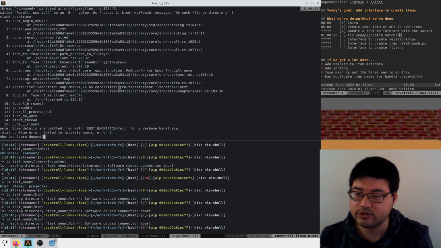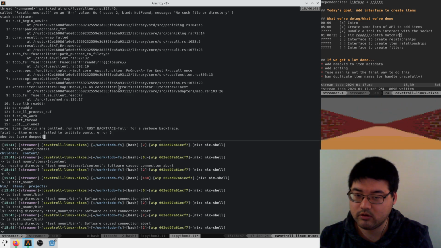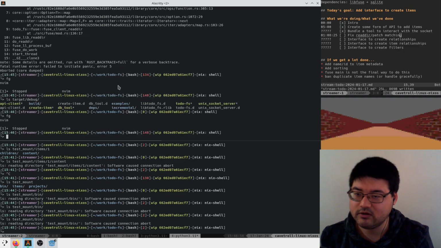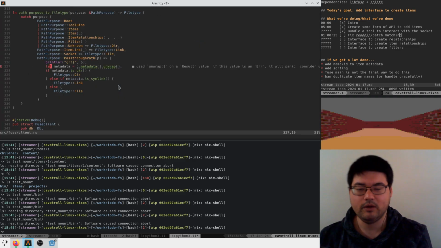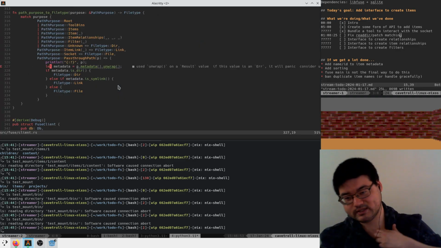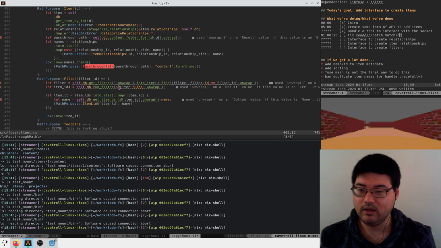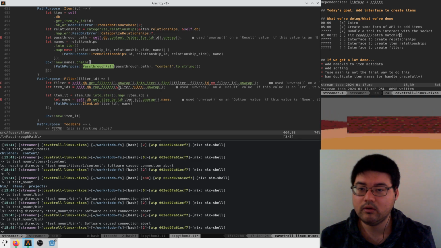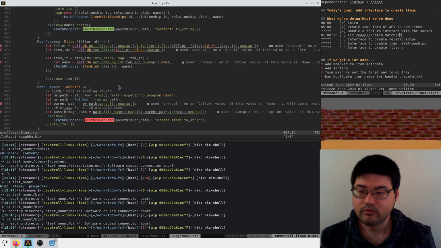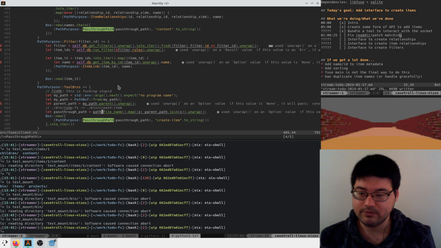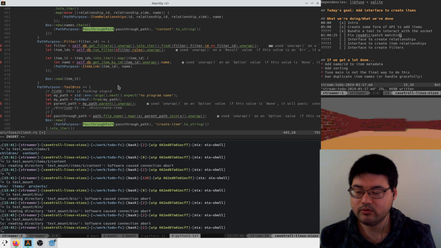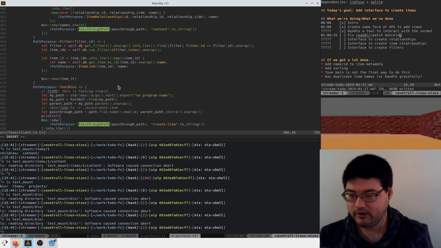Which is coming from the closure at 327. I'm confused. Why is this pass-through path ever being constructed with bin? Tool bins, pass-through path. It must be coming from here. So here we can say print line,